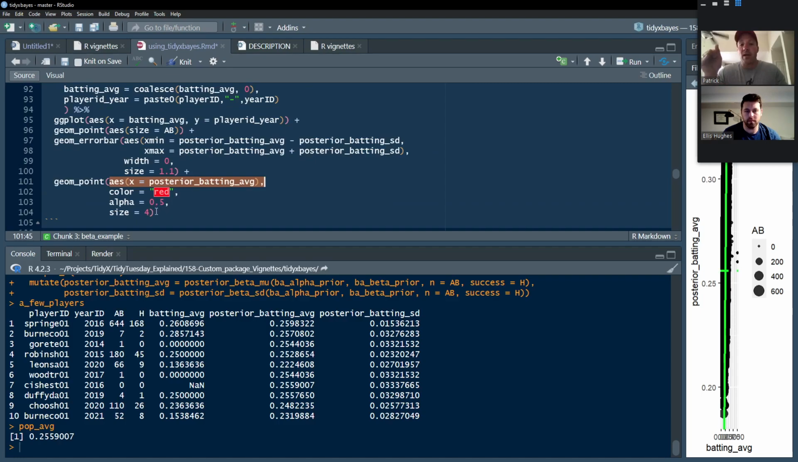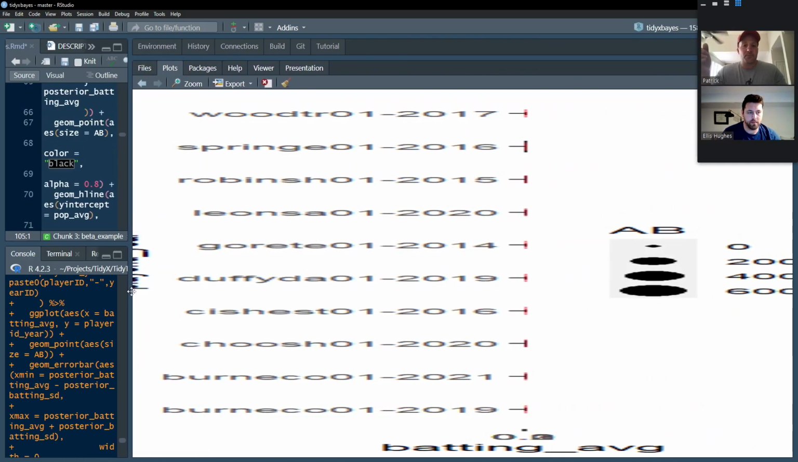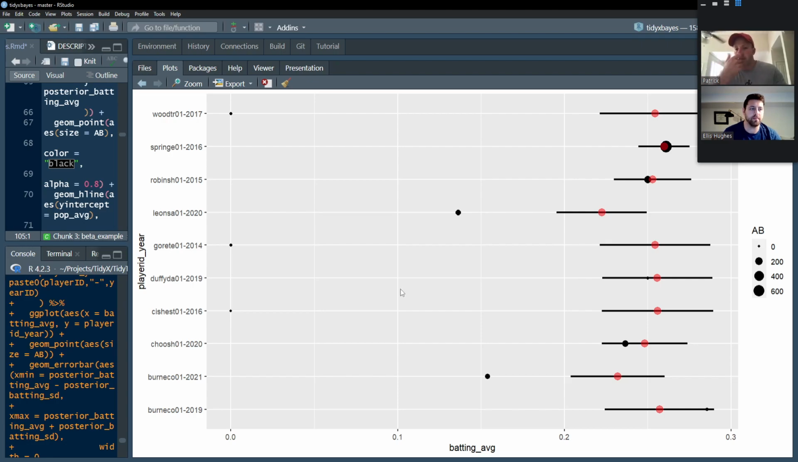We're going to put it in red. So this is assumed to be their Bayes adjusted batting average. And what we get is a nice looking plot like this, where we can see, for example, Springer, the Bayes adjusted red dot is nearly on top of the black dot because he's had so many observations that the prior information has generally washed out,